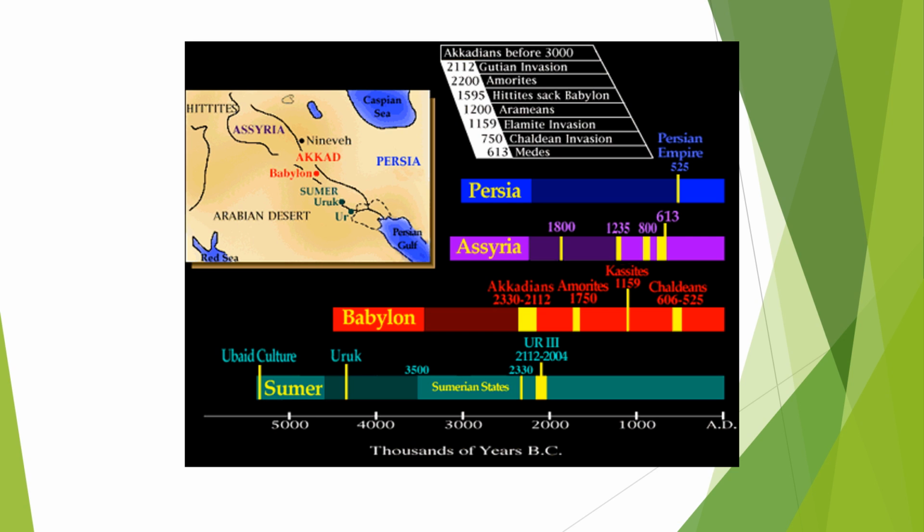Here's a really quick and simple little guide for you that shows you the overlap here of different people. These two valleys, I should say, over thousands of years, go through several ups and downs when it comes to people that are in control. Sumeria is on here, Babylon in the red, the Assyrians in purple to the north. There's some overlap there with the Persians coming around in 525. We'll get to those here shortly with the empires. But you can look at the overlap. Those time periods where people are in charge in different zones can show you there's a loose collection here of these city-states.